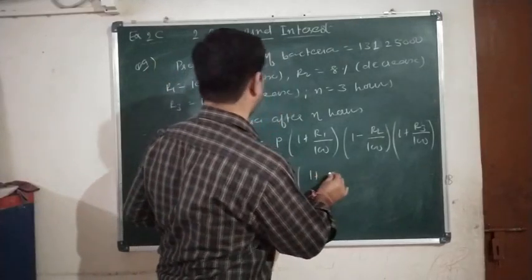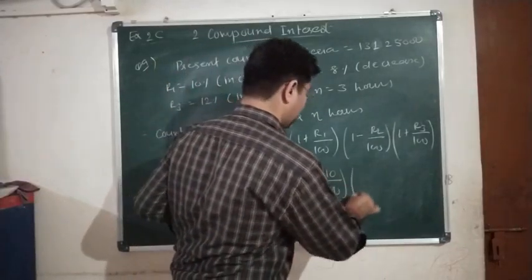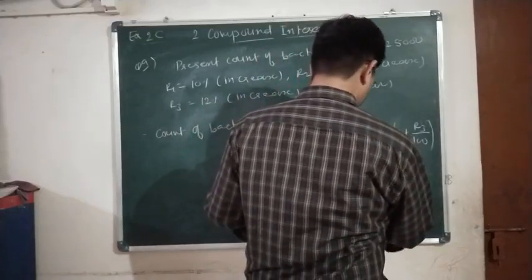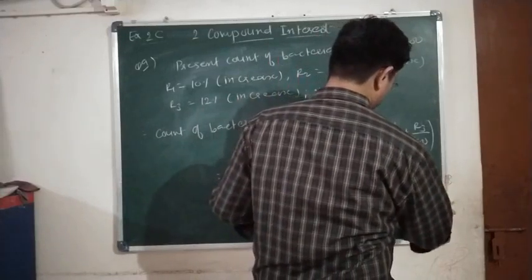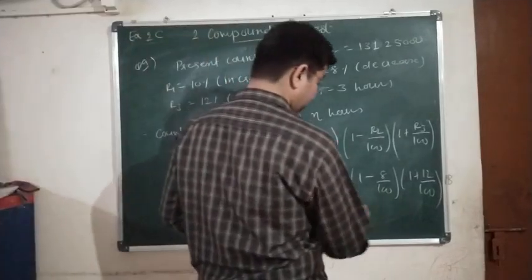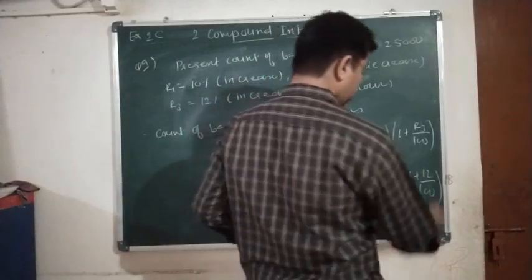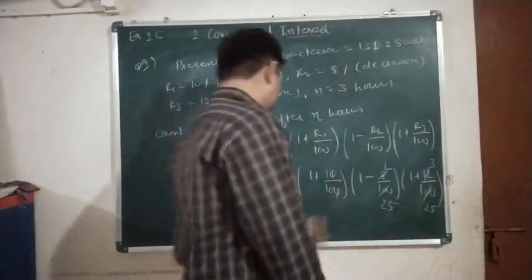into 1 plus R1 is 10. 10 upon 100 into 1 minus 8 upon 100 into 1 plus 12 upon 100. Now let us simplify this. The 10 will get cancelled. 4 2s are, 4 3s are 4, 25s are